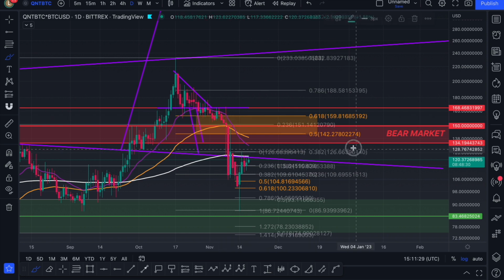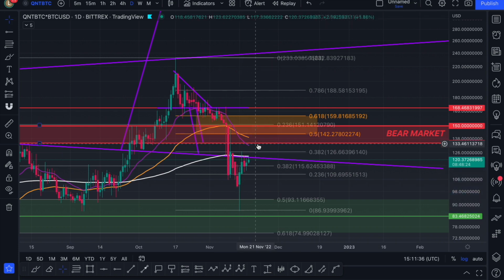You can just stop at the 382, which we've already tapped twice now. I will get rid of this for now. You can actually see on this line,